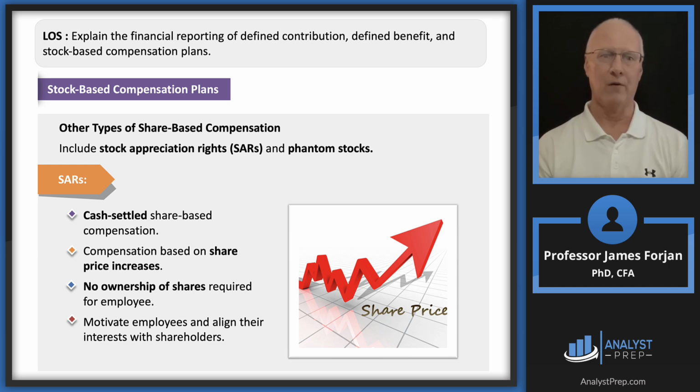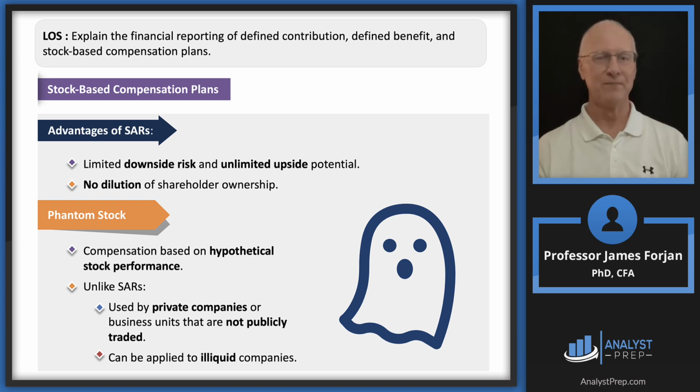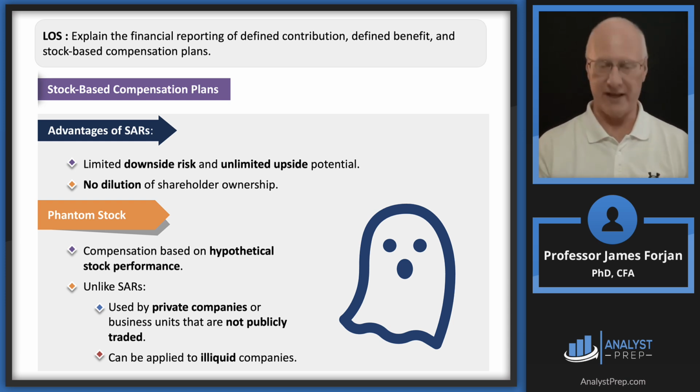Now, that time period could be a month, could be a year, could be 5 years. It's probably going to be in the low number of years. We're not going to have stock appreciation rights for 1,000 years, but we want to have some kind of a time period where, well, look at the very bottom one, motivate employees and align their interest with shareholders. Now, what did I say here? That when we use these stock appreciation rights, we're kind of faking each other out. Well, when we do the phantom stock, we are really faking each other out.